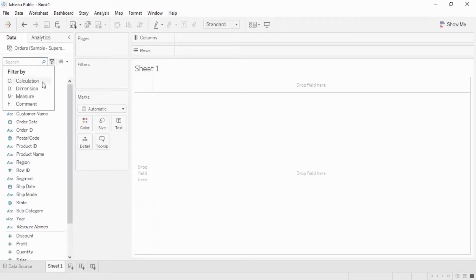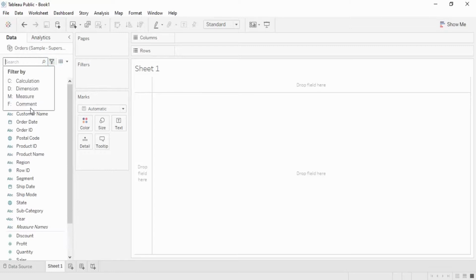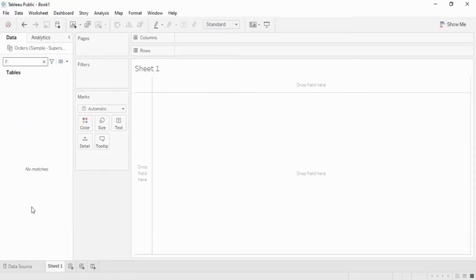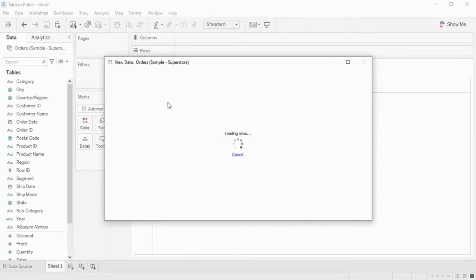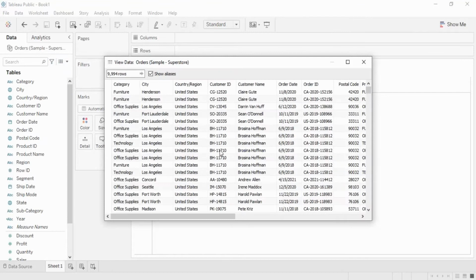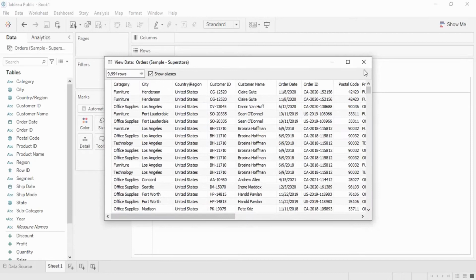Next we have the calculated field or the calculations. So this is the year, because this is something we calculated, and if you remember, instead of the orders it had calculation written in it. So this is shown over here. And the last but not the least, we have comment, which is no matches because we haven't added any comments yet. Next is this view data option. So if you want to view the data similar to the previous one that we had, you can just view the data. Okay,